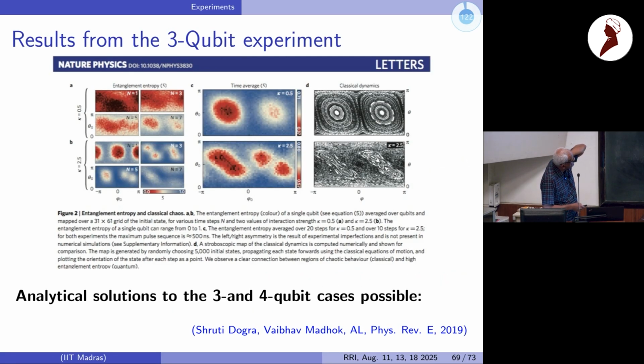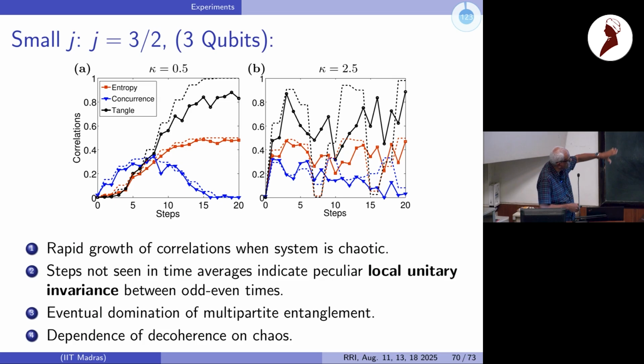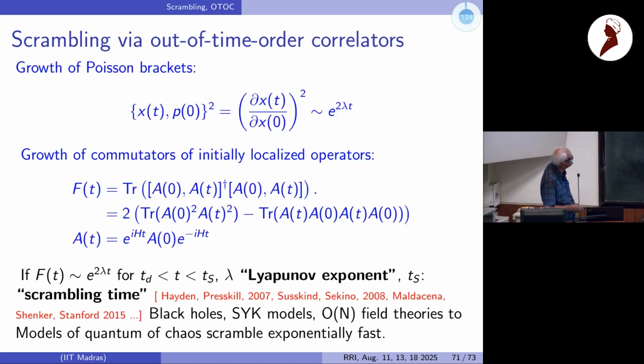But you can see again these kinds of pictures which I've been showing. Entanglement has been measured in this average entanglement. And this entanglement is small in the case where there are regular regions, and entanglement is larger where you have chaos. So that's roughly what I want to again say. But analytical solutions are possible in this case for a small number of qubits, but let me skip over that.